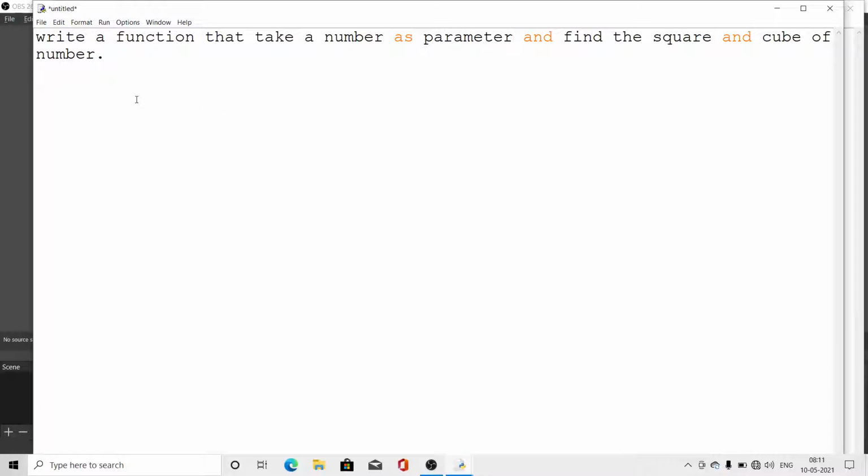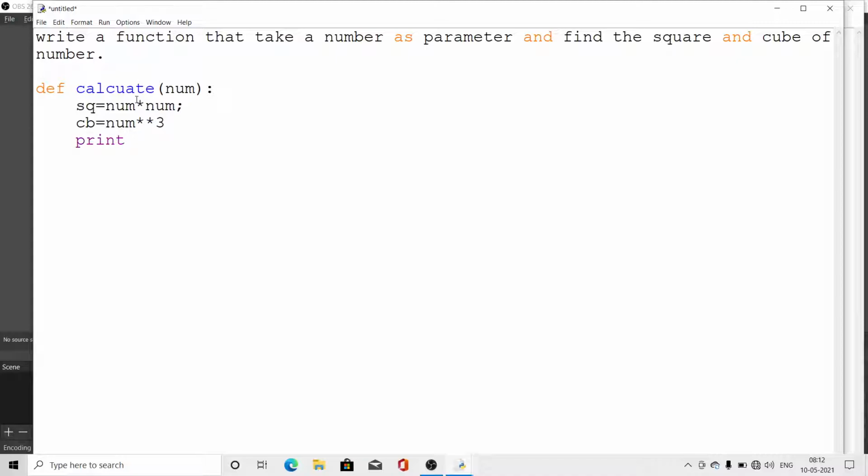Look, in this question the function name is not given, so we have to write the definition here. We can keep any name for the function, like calculate, and it has to take one number as input, so I will take one number as a parameter. Then we have to find square is equal to num into num, and cube is equal to num into num into num.